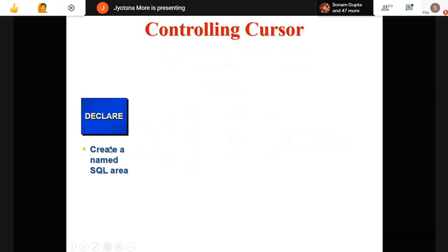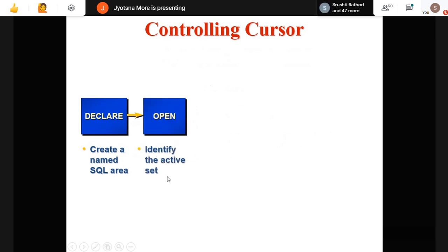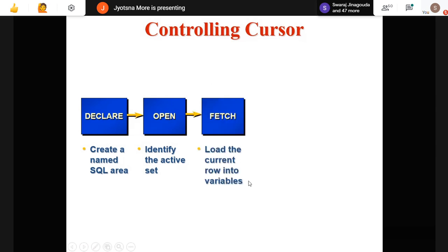Create a named SQL area, that is a declaration. Identify the active set, that is from where you want to access the data. I have created the cursor by using the SQL query. Declare that as a cursor. Now when you want to use the cursor, you open that cursor. Load the current row into the variables, whatever data is fetched, the current row. Just now I showed you the third row was the current row. So I want to fetch the row, for example, where employee number is so and so. So I will get that data only.